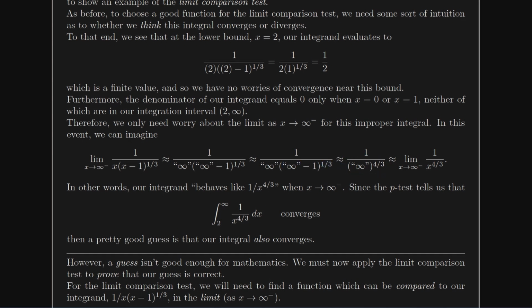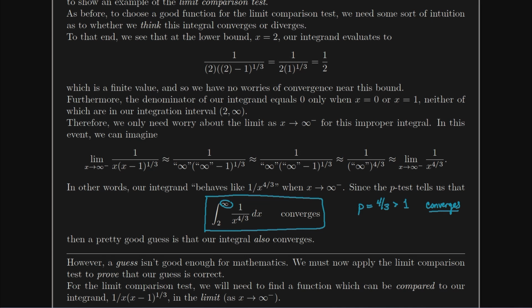And so we can really say that, when we're going all the way out to infinity, this is really me looking at the highest powers. What does it behave like? It really behaves like 1 over x to the 4/3. It's more or less that the negative 1 isn't playing any role when I push myself out to infinity. So let's think about the function 1 over x to the 4/3. How does that interact with the integral from 2 to infinity? Well, p, the power, is 4/3, and if I go back to my p-test page, that number is definitely bigger than 1, and as long as that upper bound is infinity, then the p-test says this converges by the p-test.